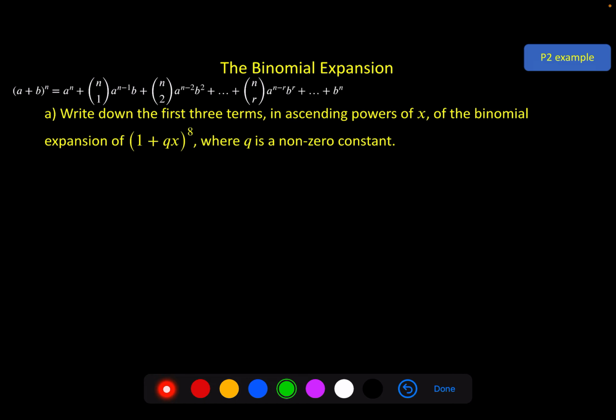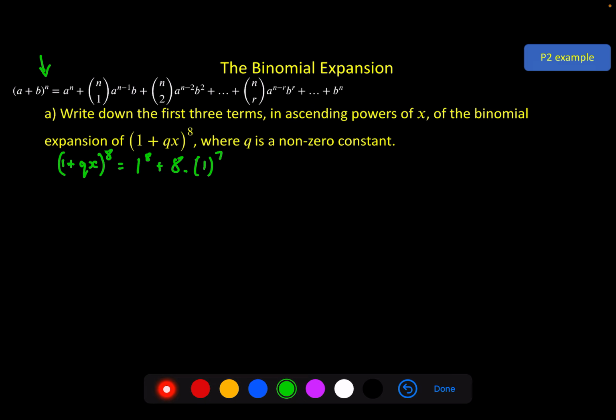Okay, first 3 terms, just plug it into the formula as normal. The fact that we've got a q instead of a number, don't worry too much about that, just go through the usual process. So we've got 1 plus qx to the power 8, following the formula at the top here, where the 1 is the a. That's 1 to the power of 8, which is just 1, but for an exam, I would put that power 8 on there first, simplify it later so the examiner can be clear that you understand what formula you're using and how. Plus 8 choose 1, which is 8 times